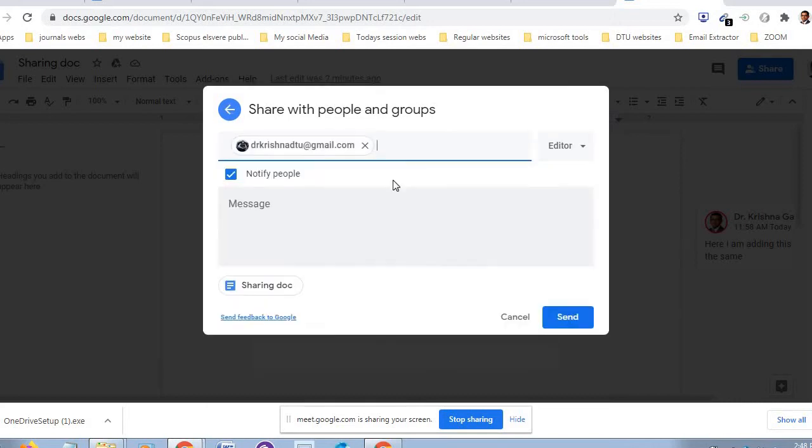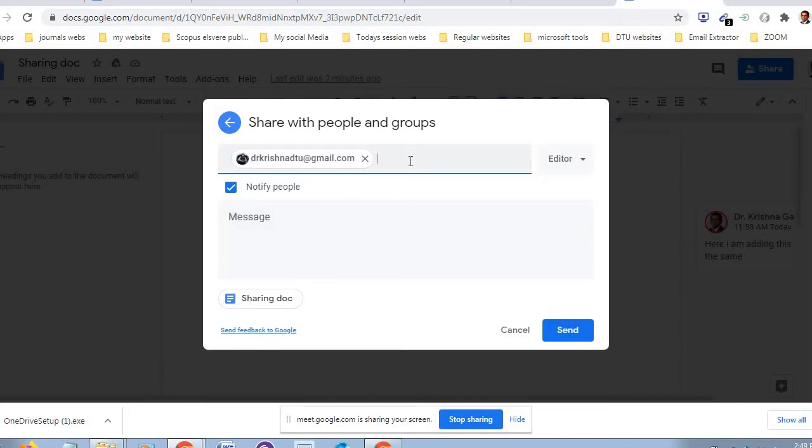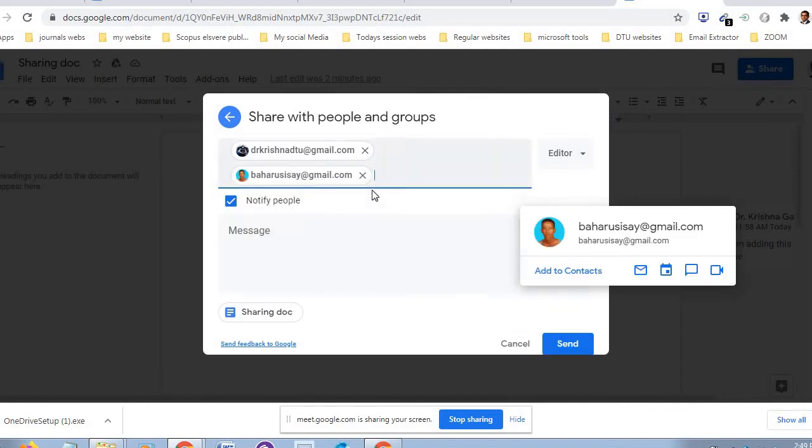It is coming. And I think if I have a Bahuru mail ID, B-A-H-A-R-U S-I-S-E, Bahuru Sise @gmail.com. I am sharing this. Already it is there. Bahuru Sisi.